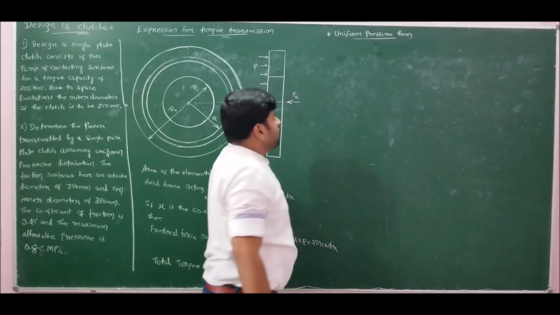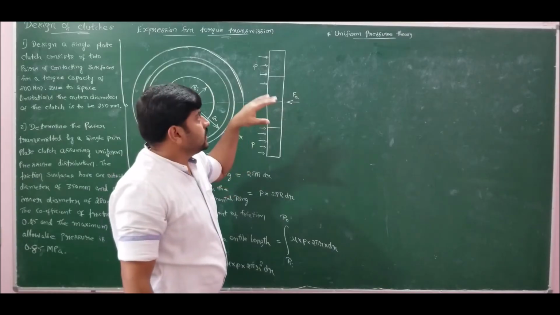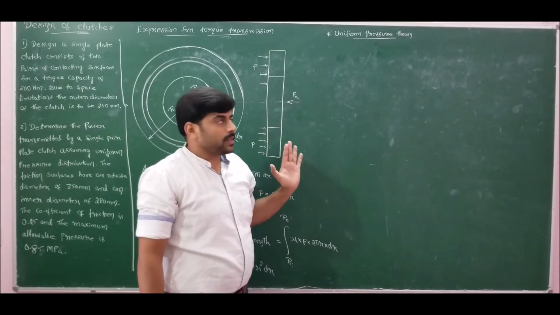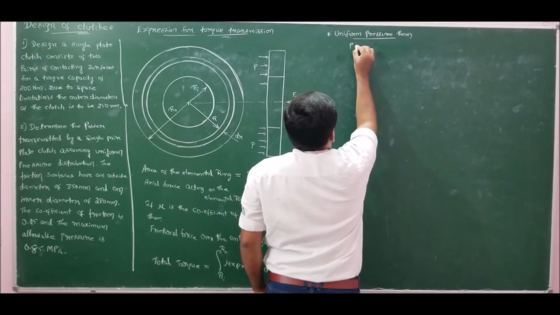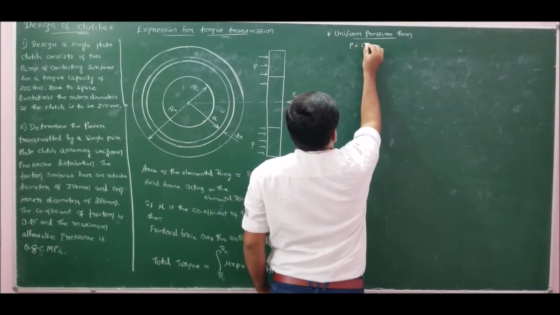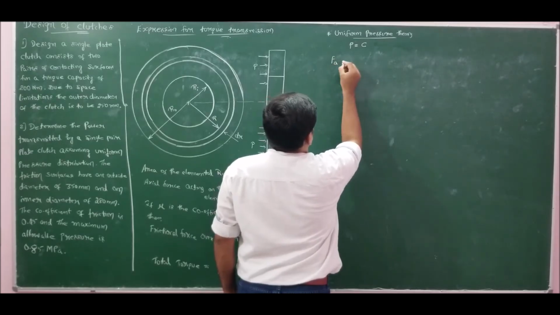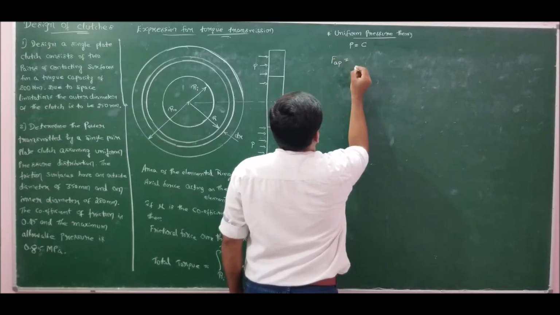In case of uniform pressure theory, this is usually employed for new clutches. We assume that the pressure is uniformly distributed over the frictional surface. So therefore, for uniform pressure theory, the pressure is considered to be constant over the entire surface. Total axial force based on uniform pressure theory, let me call it as FAP, will be equal to,